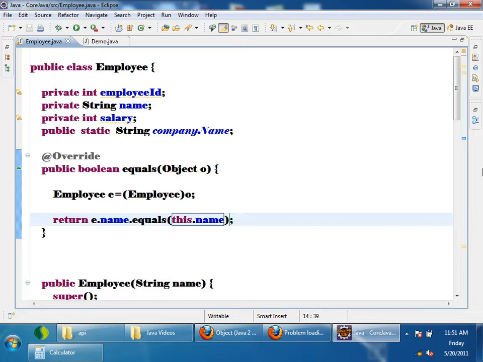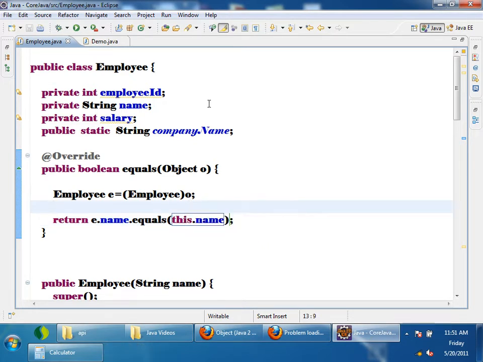So I am calling E dot name dot equals, this dot name, which returns true or false accordingly. So two employees are equal only if their names are equal. Any doubts? Okay, this is the importance of equals method.